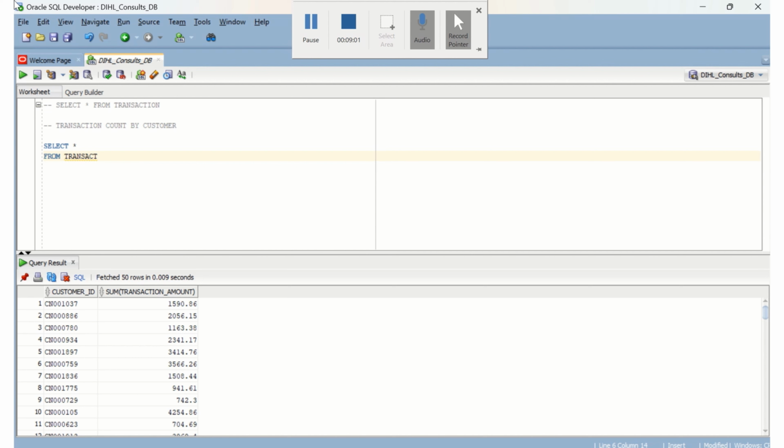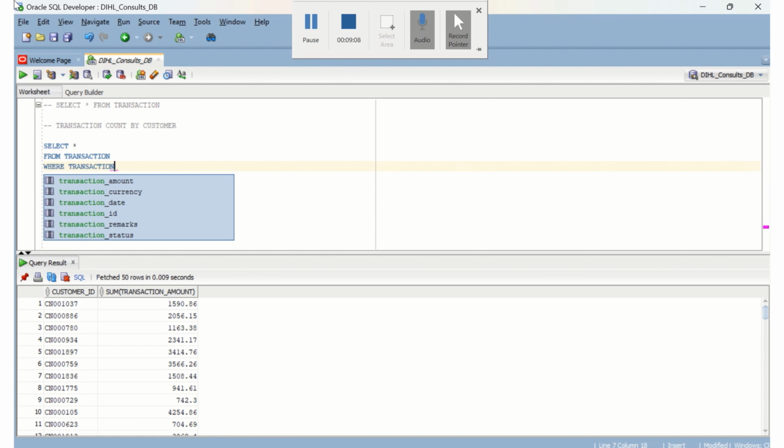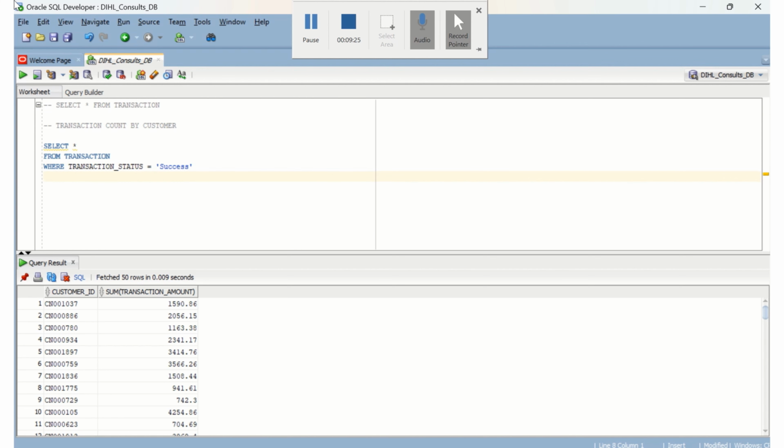transaction where transaction status equals success. I have to specify the way the value is in the table, then order by transaction amount,